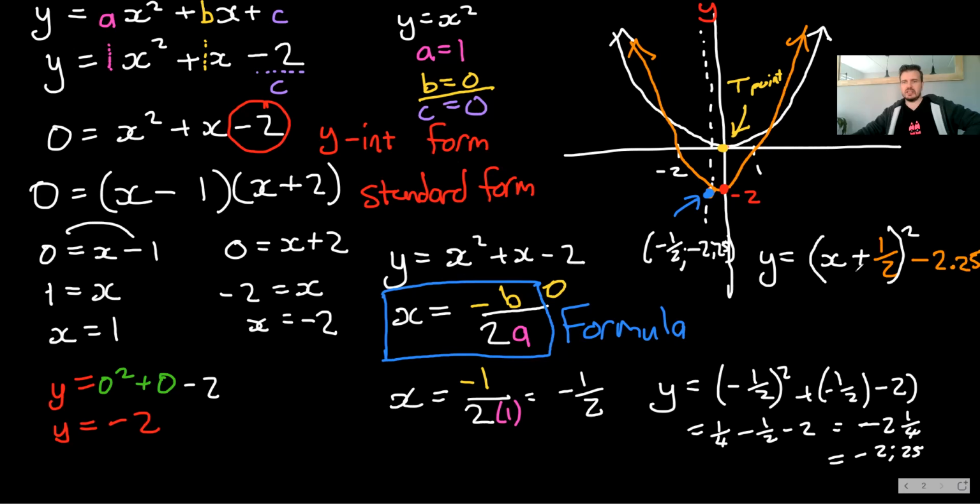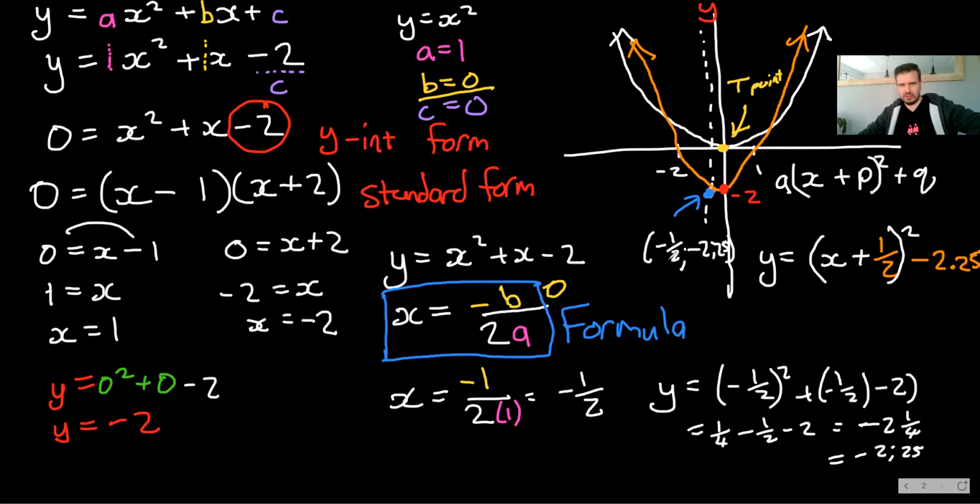Okay, now if you see it in this format, it'll look like this. It'll be x plus p, squared, plus q, and they'll sometimes put an a here as well. So this a could be negative if it was a sad face graph. Here we see the orange is a happy face graph,